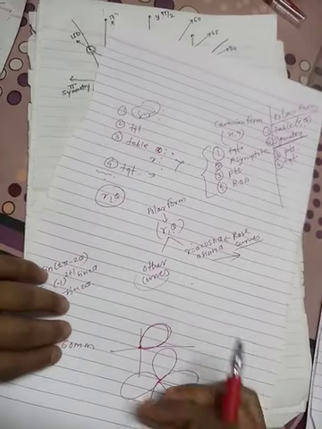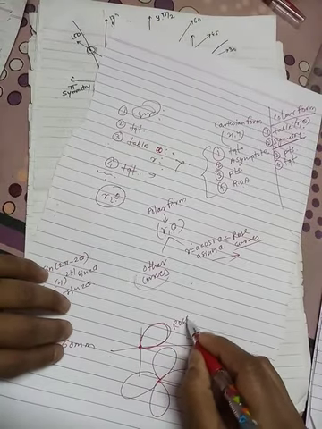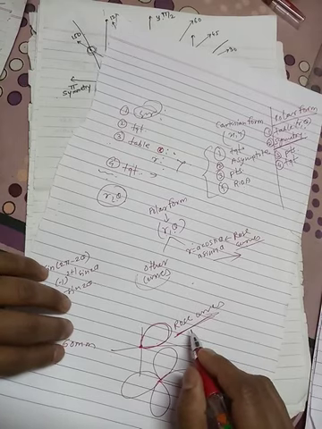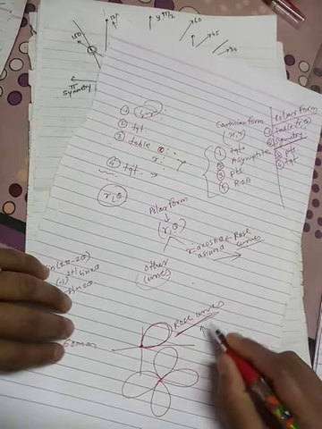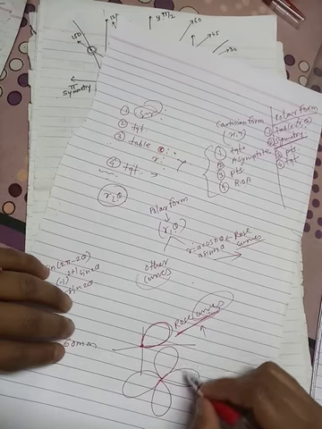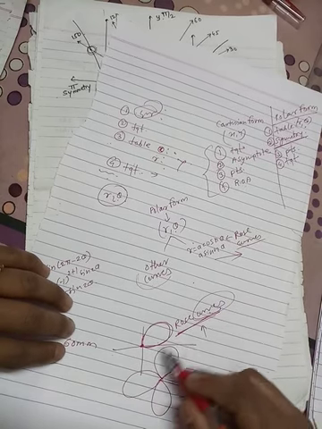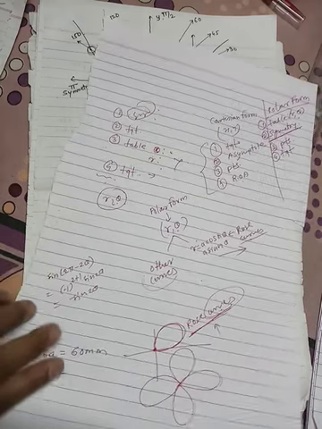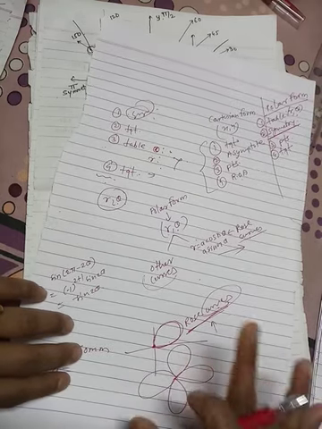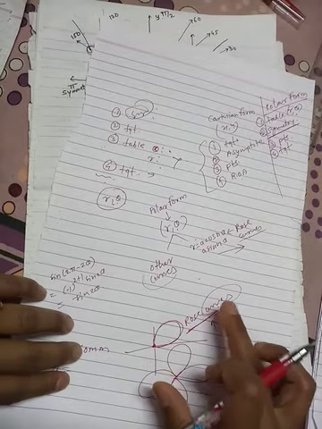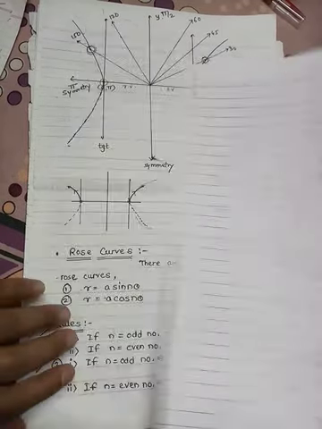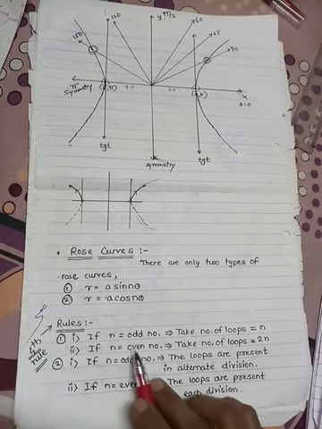Hence those curves are called rose curves, because in these rose curves we will see the total curve containing these loops. Only loops we can see in rose curves. Hence, these types of curves are called rose curves, because these types of curves contain loops. So, what is the fourth condition?